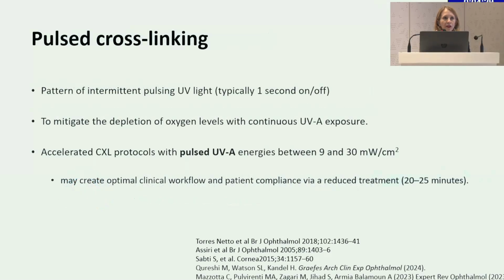So what is pulse cross-linking? Well, this is when you use a pattern of intermittent pulsing of the ultraviolet light during cross-linking. Typically, it's 1 second on and 1 second off, though there are varieties in the timing of pulse cross-linking. And the aim here is to prevent the depletion of oxygen with continuous UVA exposure, because it's thought that oxygen is an essential component of the reaction that creates reactive oxygen species that then interact with proteoglycans in the cornea